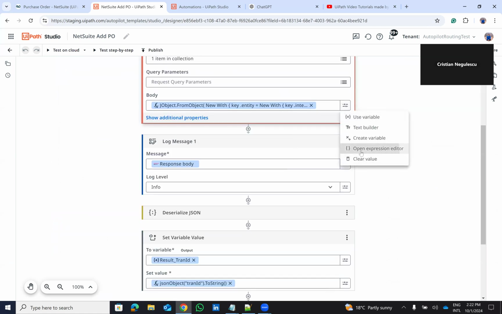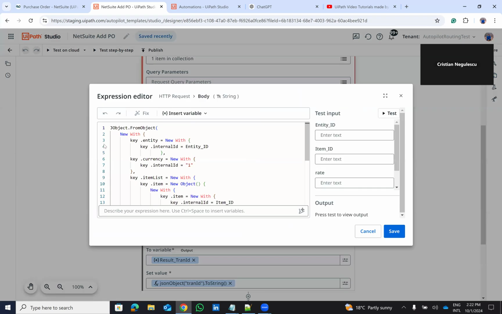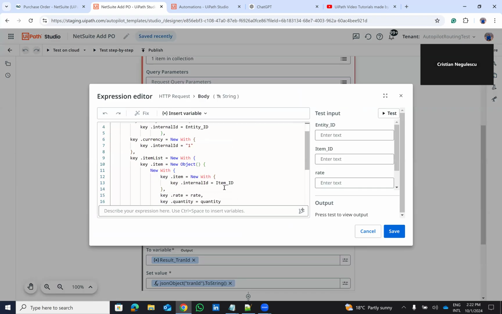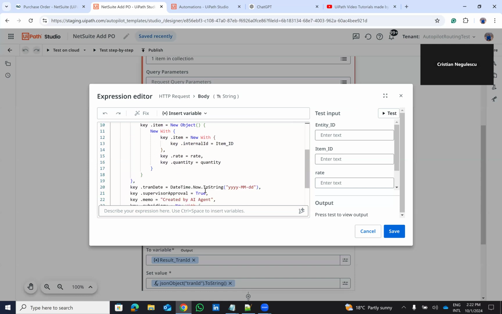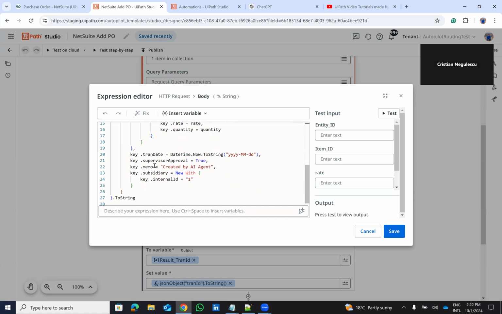Basically, you know my video with the creation of the JSON. So I provide the entity name, I provide the currency, item, internal item, rate, quantity, and so on. I put here that it is created by agent AI. I put the date now,